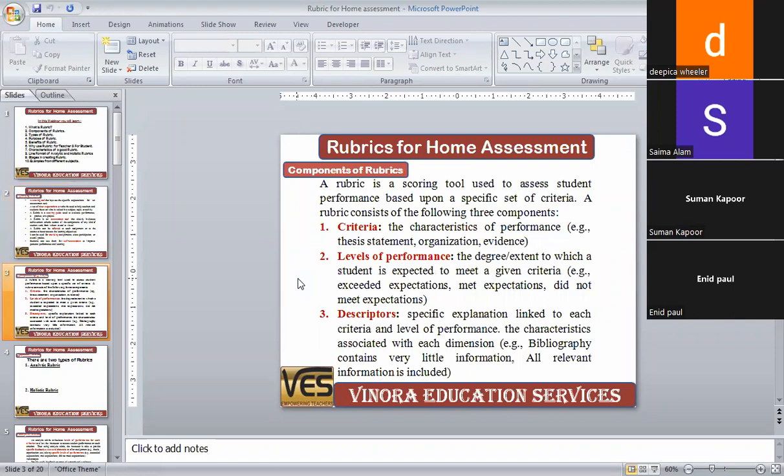So there are 3 main components of all the types of rubrics. कितने types होते हैं मैं अगली slide में आपको बताता हूँ. Main component number 1 is criteria, the characteristics of performance. ये मैंने research scholars के लिए किया था. So but now this will be done criteria. Let us say for example हम एक debate को या elocution को, we have to judge an elocution or extempo. What are the criteria? Number 1 is